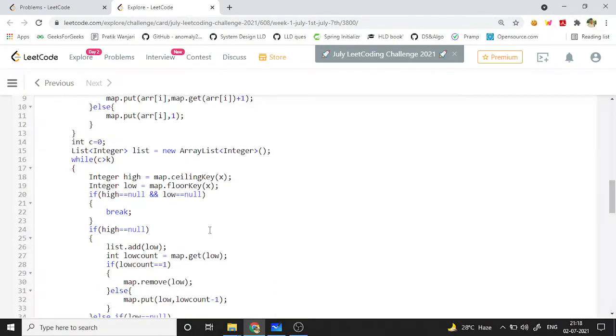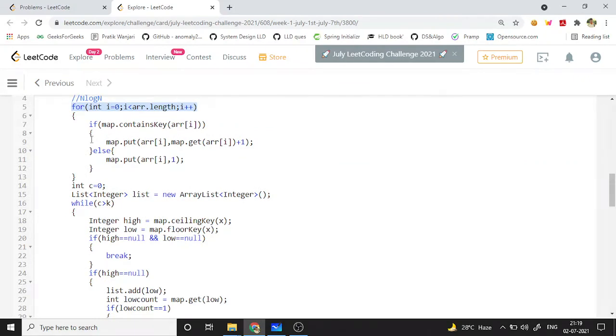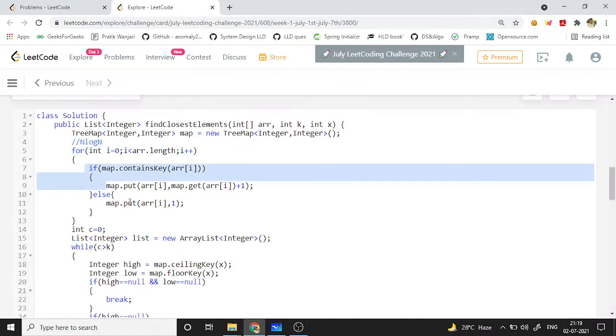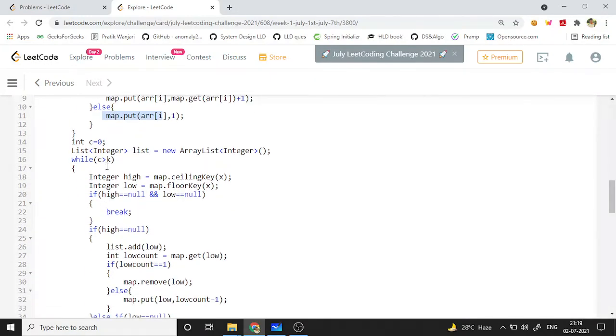Okay, I think I have done something wrong here, so let's check it from the start. We have the map over here. We are iterating over the array and adding into it. So this is the main step. Like debugging, we need to do it many times. Okay, so this is wrong. The condition that we have put is itself wrong. We are checking for c greater, so it should be c less than k.